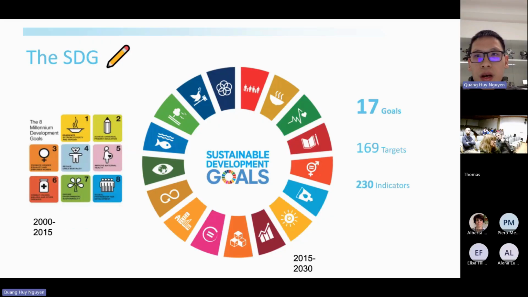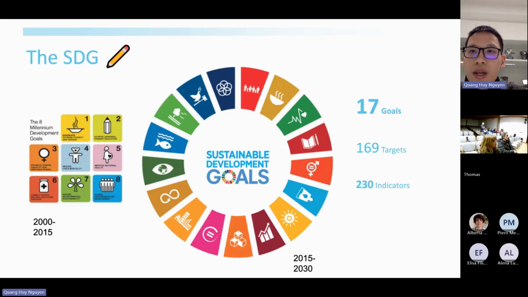We have 17 goals, 169 targets and 230 indicators. So we can see how ambitious and how practical the framework could become.